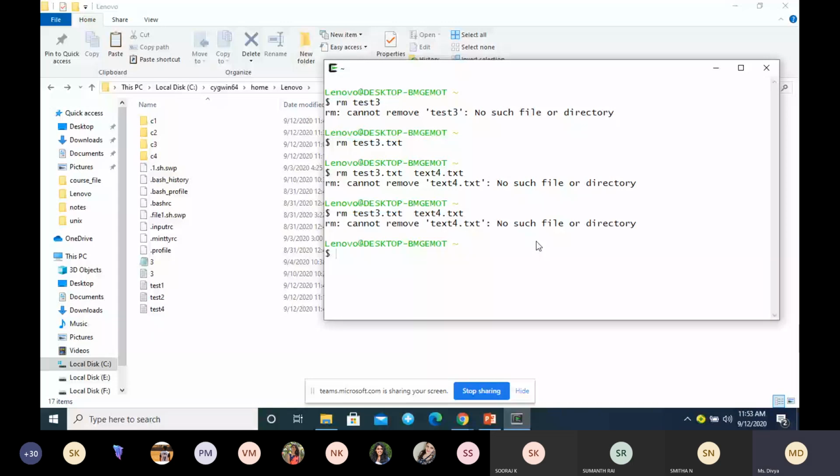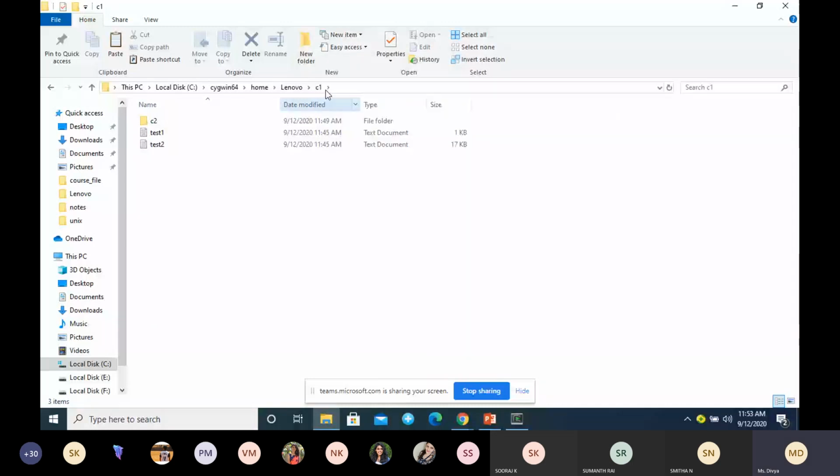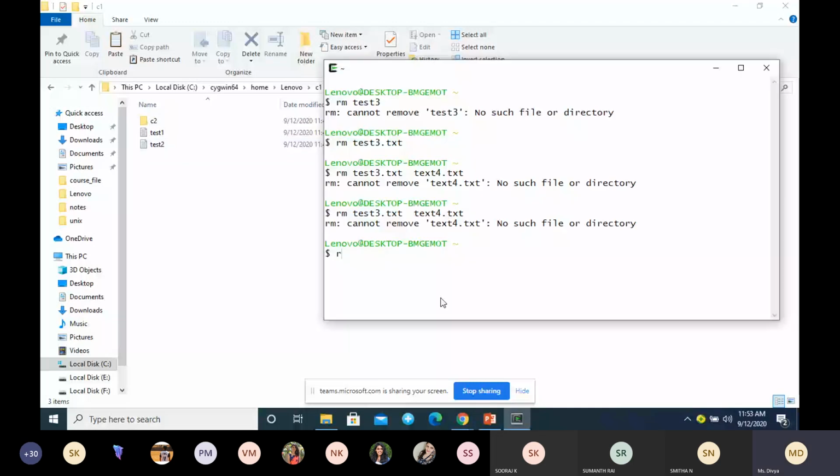The next one: see here, inside C1, I am trying to delete test1 and test2. You want to delete the files which are inside a folder. So how can I delete? I have to give rm, give the complete path C1, inside that test1.